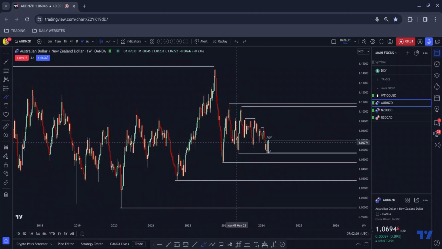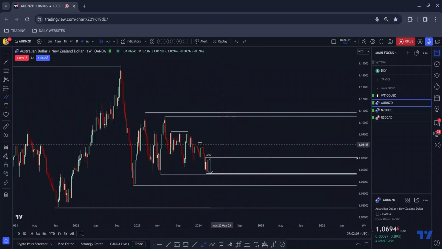Okay, this is where it starts to get a little bit more complex. Down here, you can see a near miss to here. Okay, and to some extent a near miss to here. So what I'm seeing at the moment, given that we also have a near miss to here, is potentially a move down into this area, okay, which will give us more of that structure,